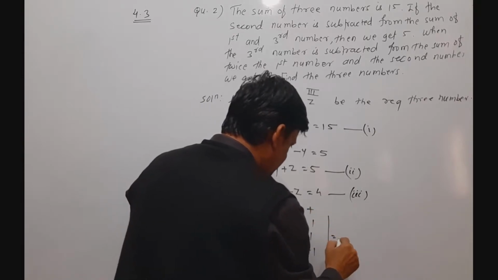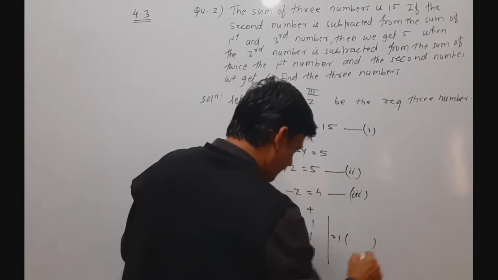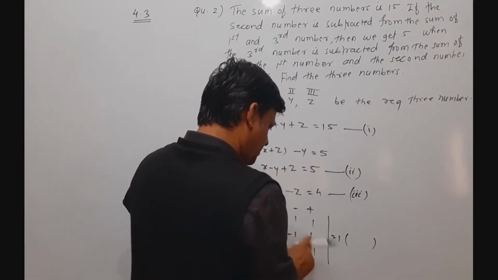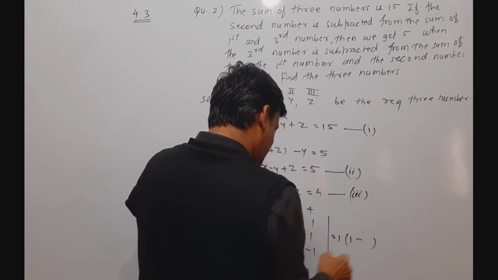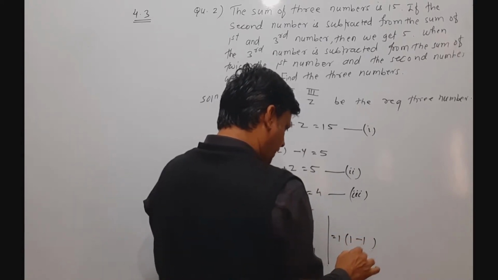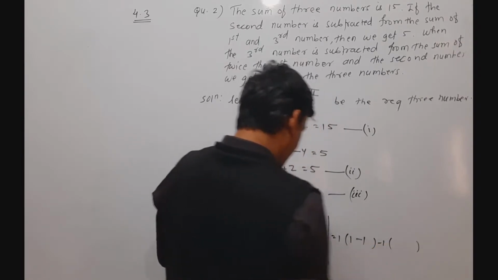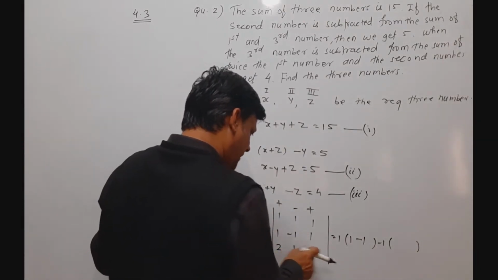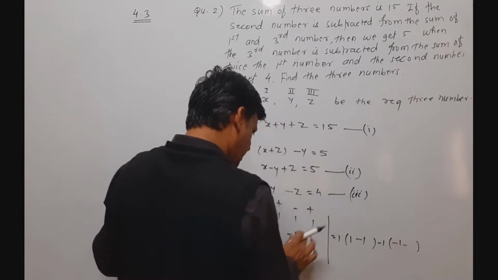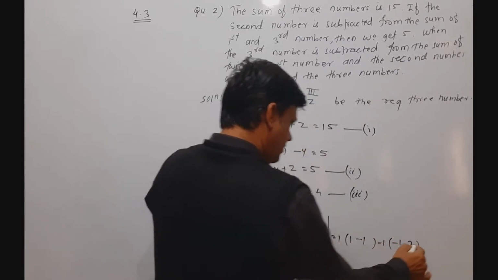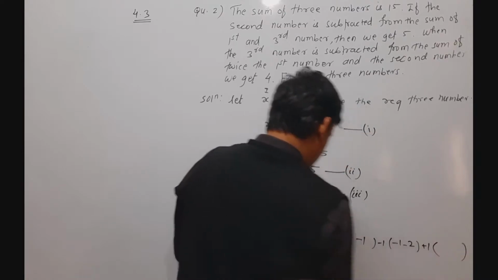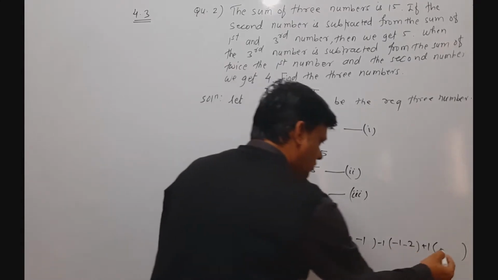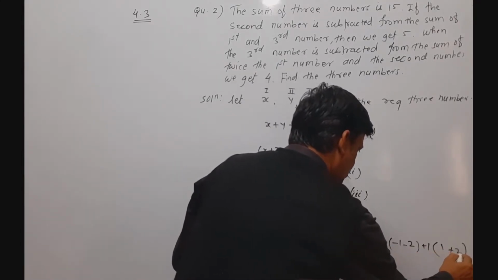Plus minus plus. So plus in bracket, we skip first row, first column: minus 1 into 1, minus minus gets plus 1. So write here 1 minus 1 into 1 is 1, so 1 minus 1, minus 1 in bracket. Here we skip first row, second column, so 1 into minus 1 is minus 1, minus 1 into 2 is 2, then plus 1 in bracket. So we skip first row, third column, so 1 into 1 we get 1, minus minus gets plus, 1 into 2, 2.